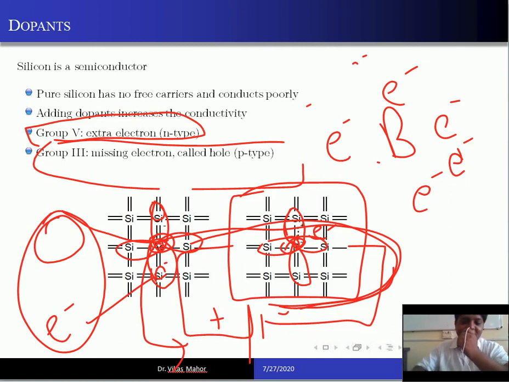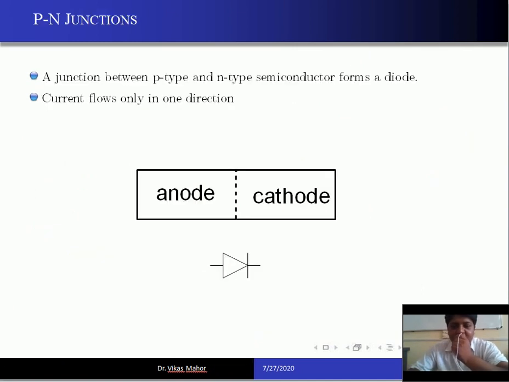You should revise. If you are still confused about p-type and n-type devices, you should revise this. Otherwise it may be clear from this PPT. Let's move forward. How you make anode and cathode, how you make a p-n junction. You all have studied this. How you make a p-n junction.